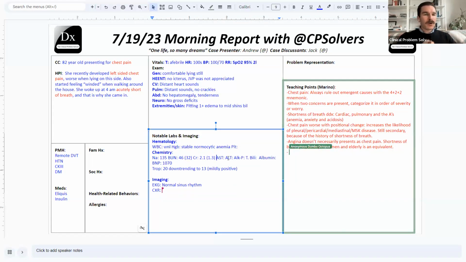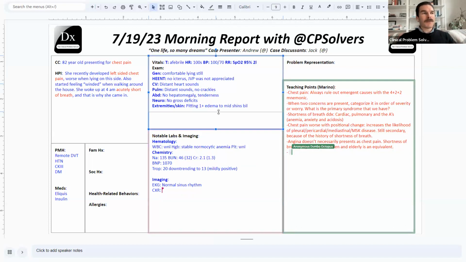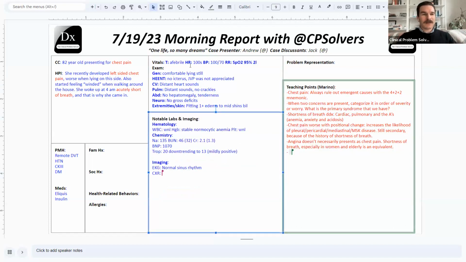And then we can start to pull in some of these different elements of her past medical history, helping us frame the primary syndrome that we have here. First things first, what jumps out to me in the vital signs? I am curious about the possibility of a relative hypotension. This is somebody who has stage 3 CKD and carries a diagnosis of hypertension. I don't necessarily see antihypertensive medications on her medication list.